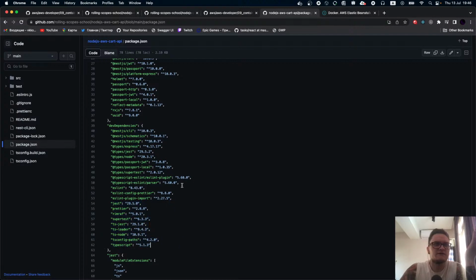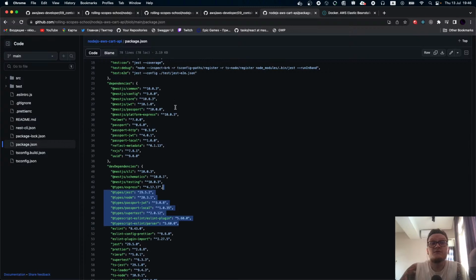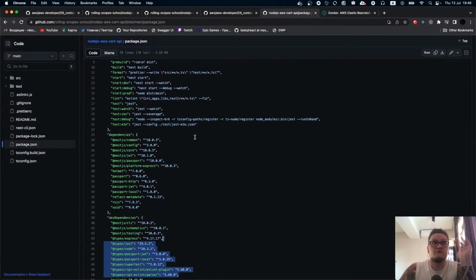We also have ESLint for code styling, and TypeScript stuff. Nest.js will take some space, and we also have Passport and RxJS, which will really take a bunch of time to download.